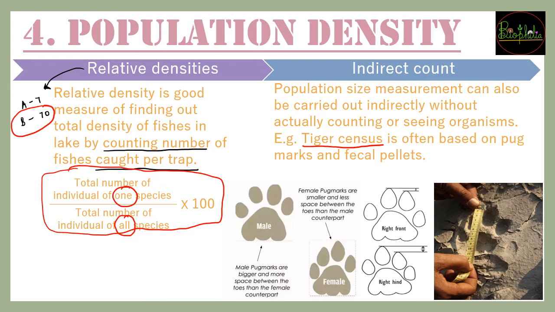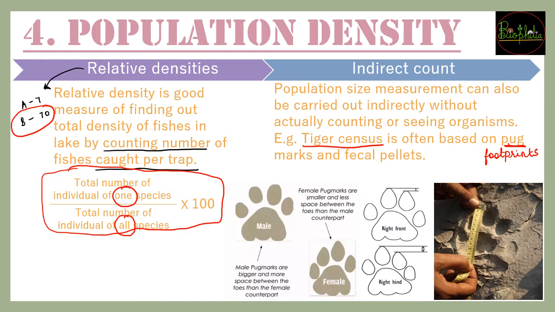So you are going to use the pug marks. What are pug marks? Pug marks are the footprints. These footprints are going to be recorded everywhere so that they can understand that what we have counted is not repeated again, so that calculation mistakes should not occur. Each unique pug mark is going to be kept in the records,